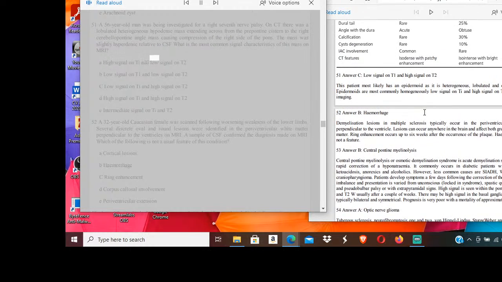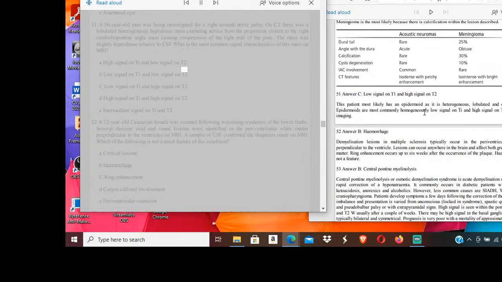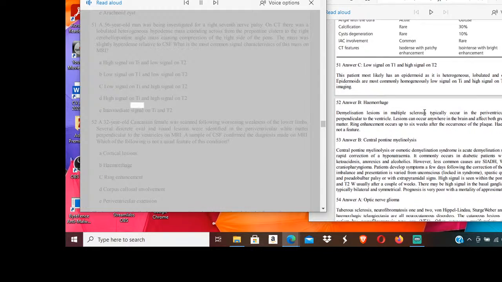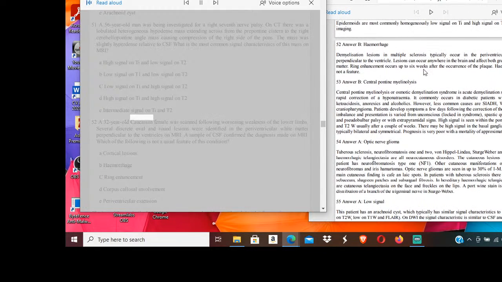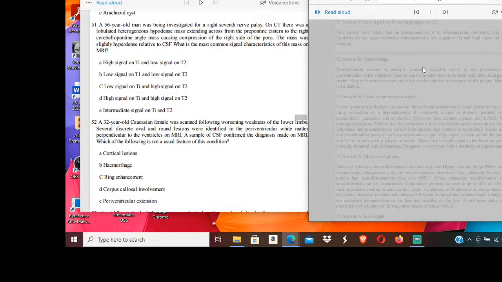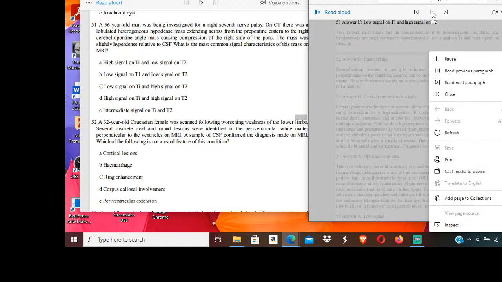A, high signal on T1 and low signal on T2. B, low signal on T1 and low signal on T2. C, low signal on T1 and high signal on T2. D, high signal on T1 and high signal on T2. E, intermediate signal on T1 and T2. 51 Answer C, low signal on T1 and high signal on T2. This patient